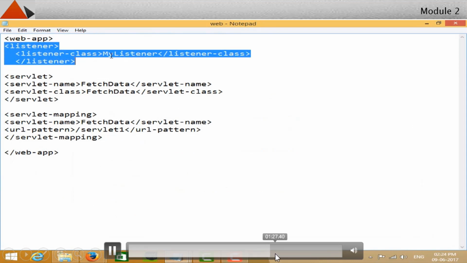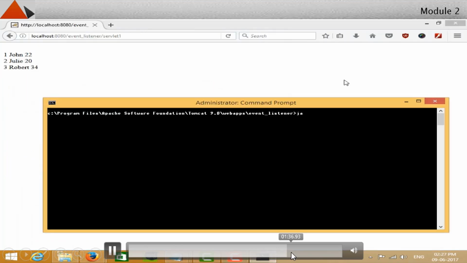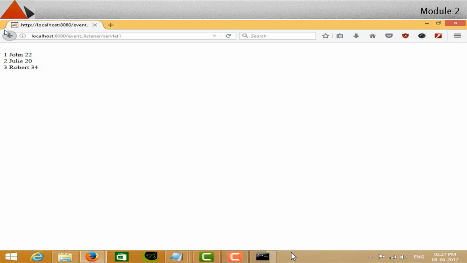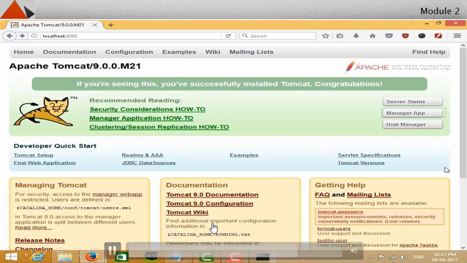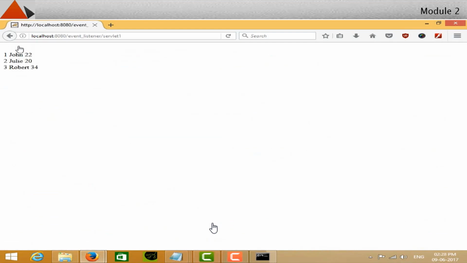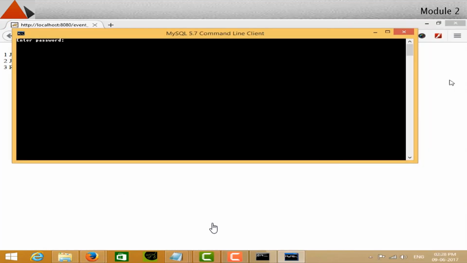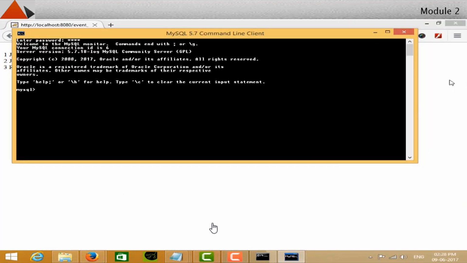Save all the files. Open the command prompt and compile the Java files to the classes folder. Now copy your root folder to the Apache Tomcat webapps folder. Now open the server page in the browser and you can see your folder name in the application list. Click on the link. The HTML page will open with a link to fetch records. Click on the link and now the records from the database are shown in the browser. You can check the records on the